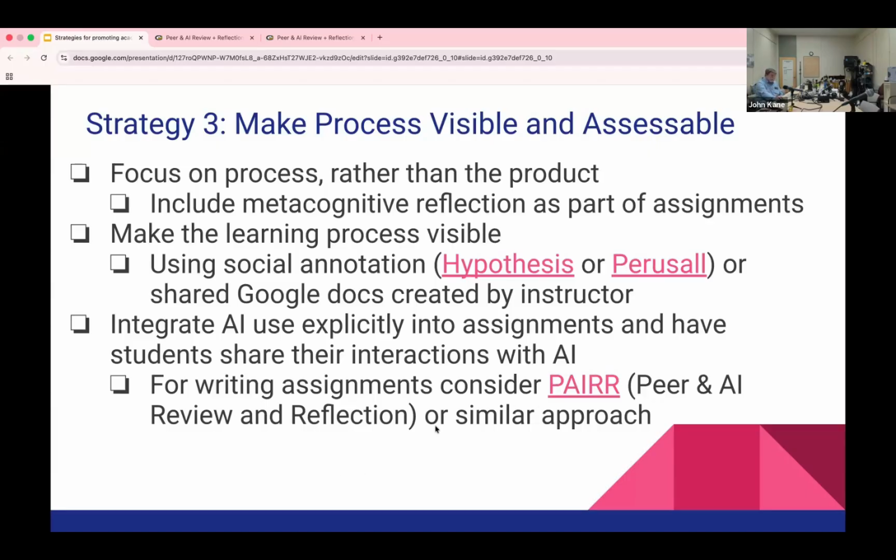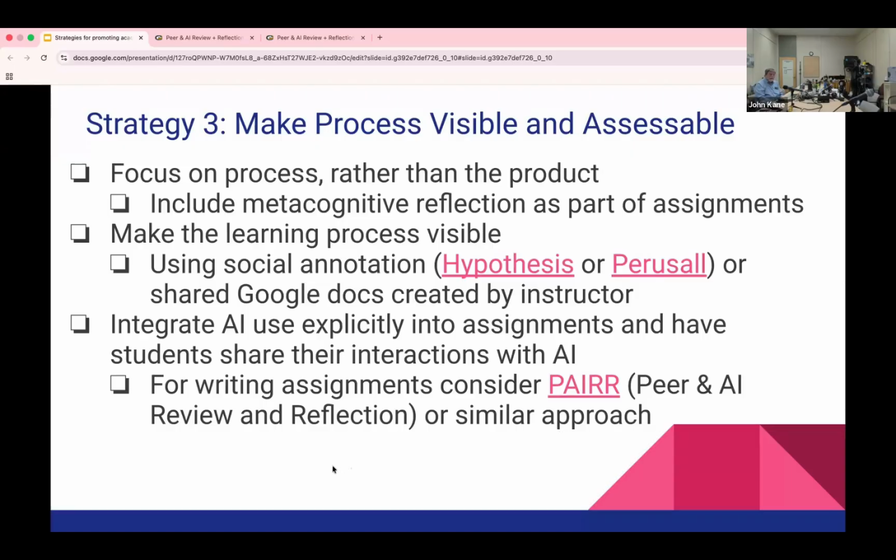And this gives you a link to it as well as more information about it. Anna Mills is one of the people who helped develop this and has been working actively in disseminating this approach. So it's using AI, but it's using AI in conjunction with peers as well as the instructor. So the instructor obviously also provides review and reflection, but by the time the instructor gets the product, they've already gone through a number of stages of revision.